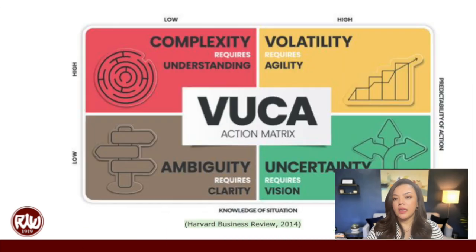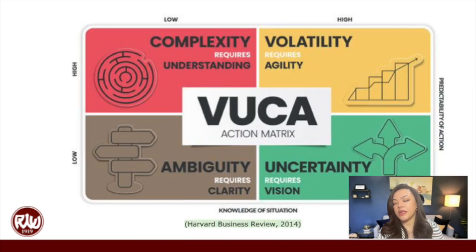We have experienced VUCA in our schools in the past 3 years, and we have seen uncertainty, being unclear about what's going to happen next. There are a lot of ways that people adapted to complexity, volatility, ambiguity, and uncertainty in the 21st century. And that, according to research, has provided leadership and opportunities for leaders to showcase what is required for the 21st century.